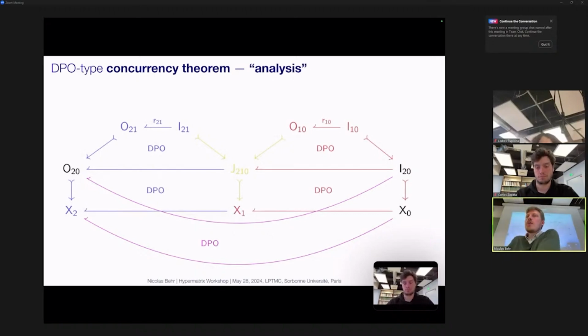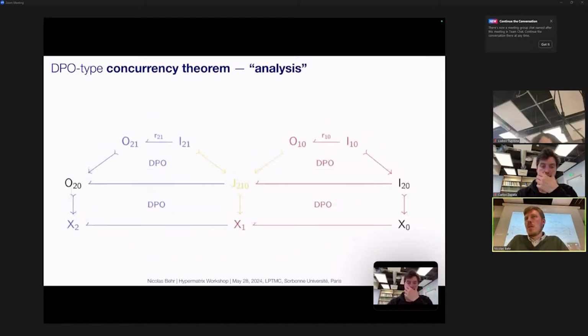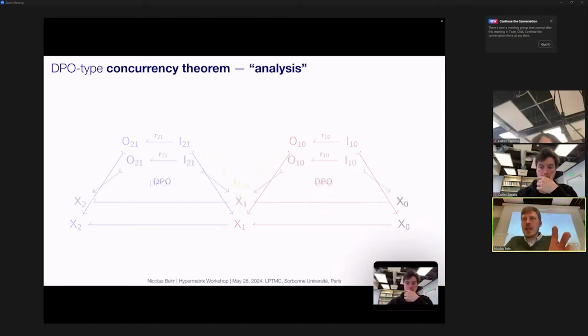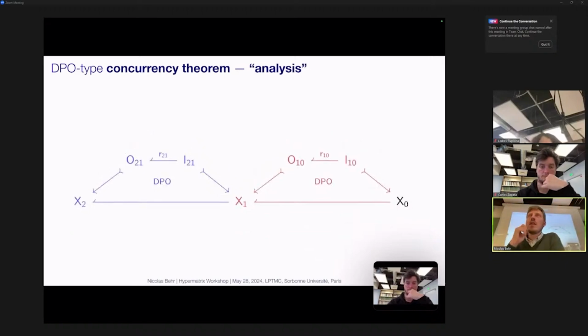And conversely, of course, it would be useless if I weren't able to always take this data and reconstruct a complete sequence of two steps. That's the reverse direction, which also needs to be possible: forgetting how they overlap and reproducing a two-step sequence that is completely compatible. Otherwise, my analysis is a little bit artificial. And I found this quite funny because I'm originally a mathematical physicist, and this piece was completely clear to everybody doing rewriting in this community. It's called the concurrency theorem for traditional reasons, and that is a structure that was well known in rewriting.